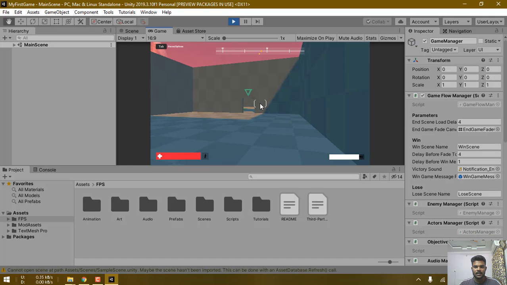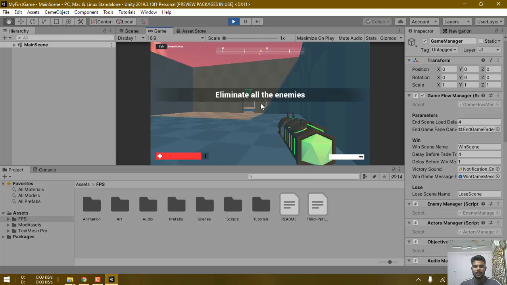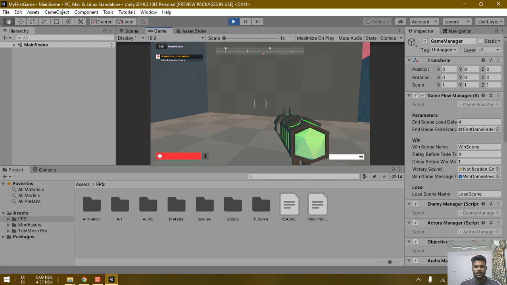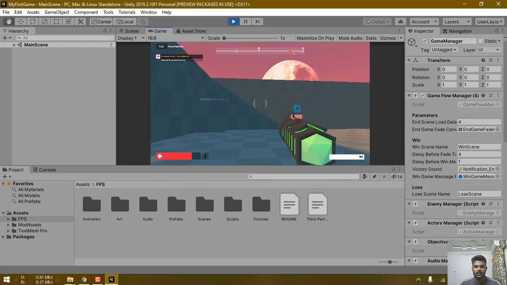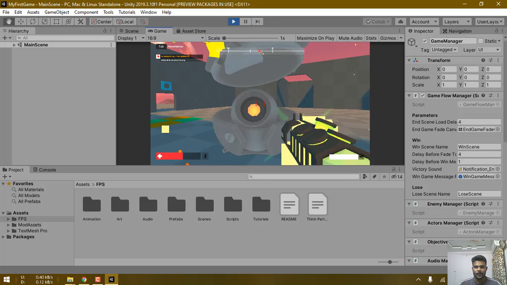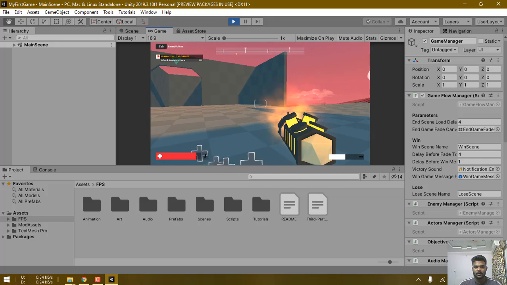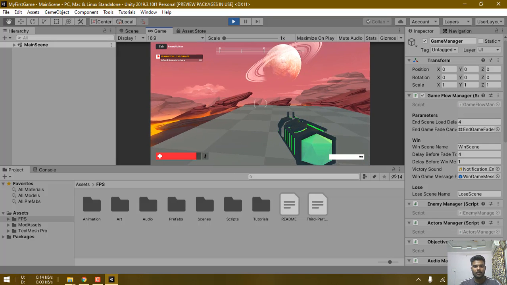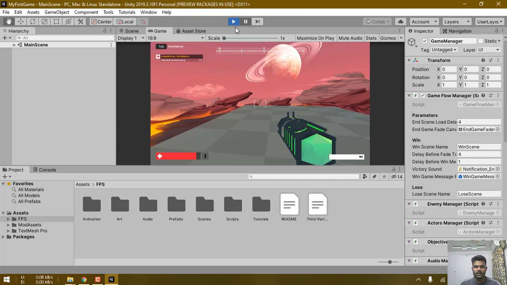As you can see, the game has been started, but this is a pre-built game, not an actual one. If you want to stop the game, just press escape and click on the pause button here. The entire application will be paused. Or if you want to stop the application, just click on it again.